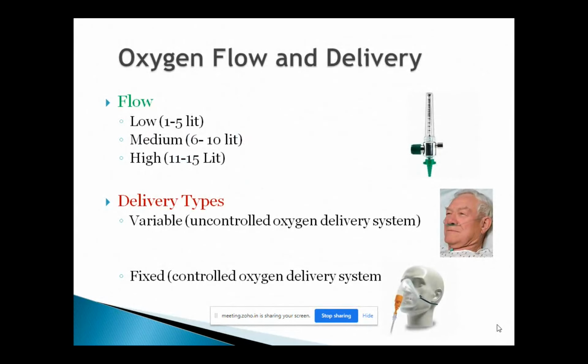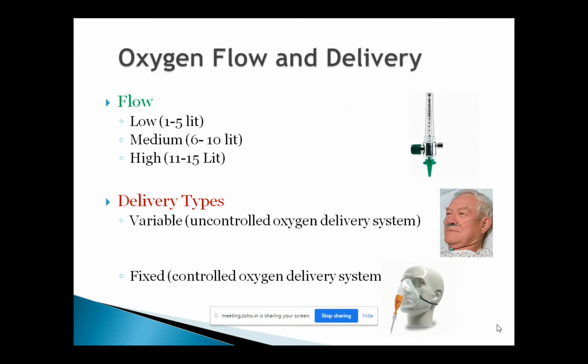I really want you to focus on this particular slide, please. First, we will talk about the oxygen flow. Then we will talk about the delivery system. On the right-hand side of the slide, you have the flow meters. The flow meters commonly used in hospitals worldwide have a maximum capacity of 15 liters. That's the reason on the left-hand side I stopped at 15 liters, because that's the very common flow meter used throughout the world.